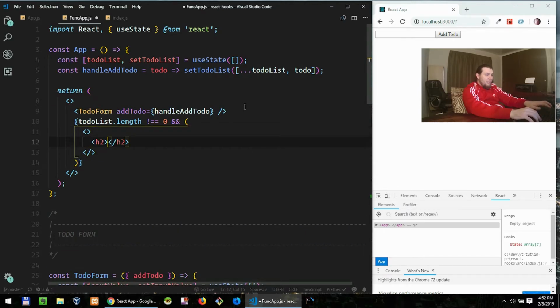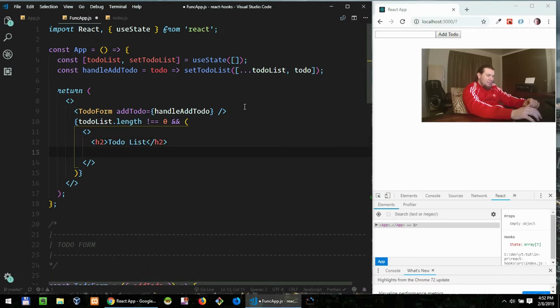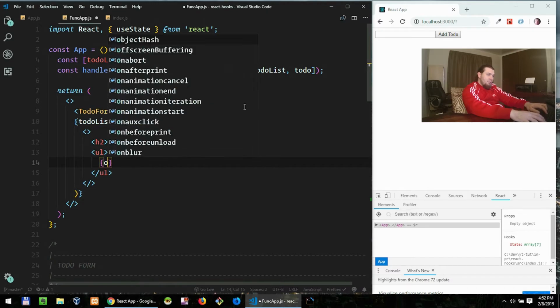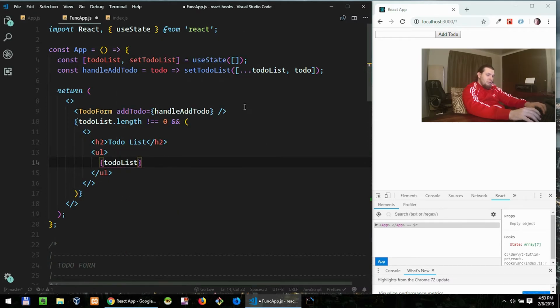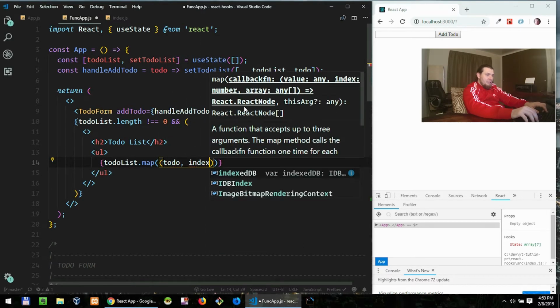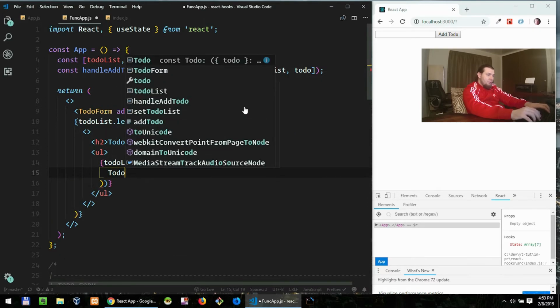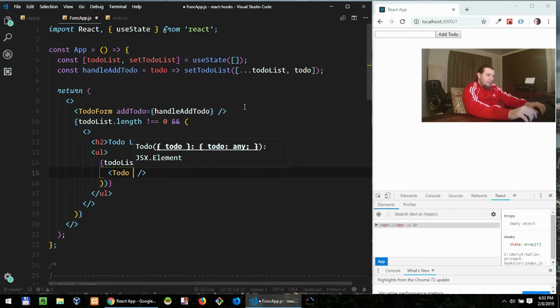But before that we need our heading. We need to say to-do list, and below to-do list we want to render an ordered list, and inside an ordered list we want to use our beautiful, wonderful map function to map our to-dos to our component. To-do list dot map. We'll take the first parameter to do, the second index, and we're gonna return a to-do, and we're gonna pass to it as props a couple